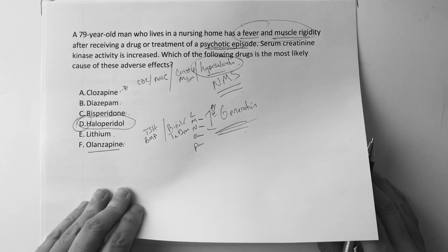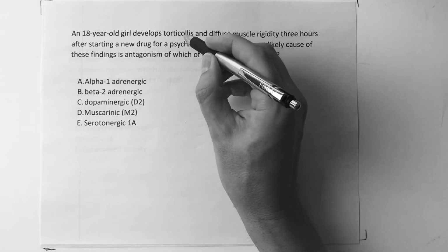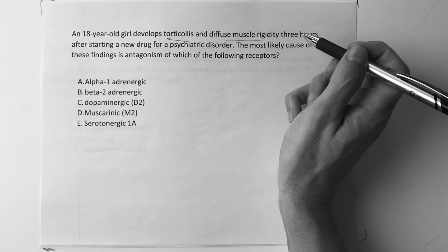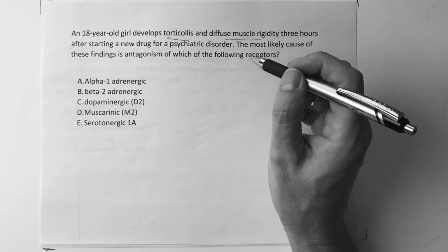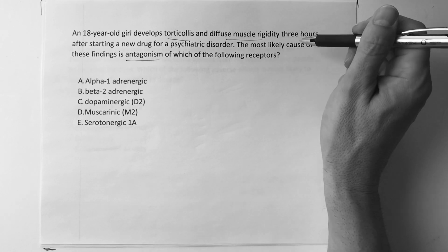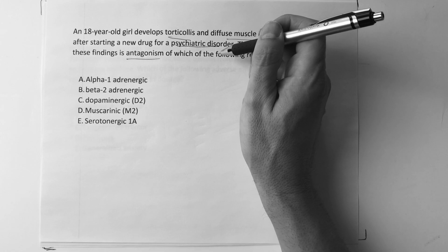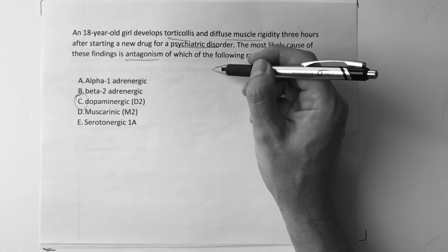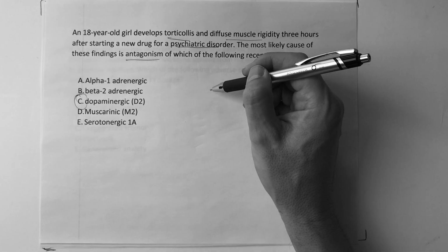It's going to be the weight gain. This one says, 18-year-old girl develops torticollis and diffuse muscle rigidity 3 hours after starting a new drug for a psychiatric disorder. The most likely cause of these findings is antagonism or inhibition of which of the following receptors? Again, psychiatric disorders, even if you don't know, you need to always jump on dopamine, okay? Dopaminergic. Obviously you want to give her some Benadryl, some Cogentin, get this under control before it